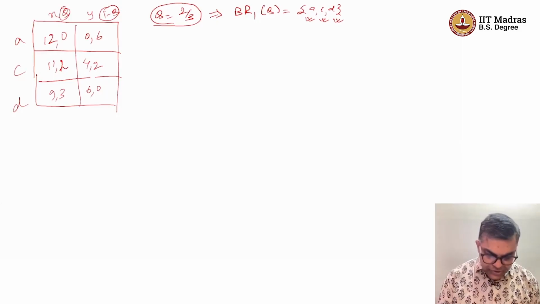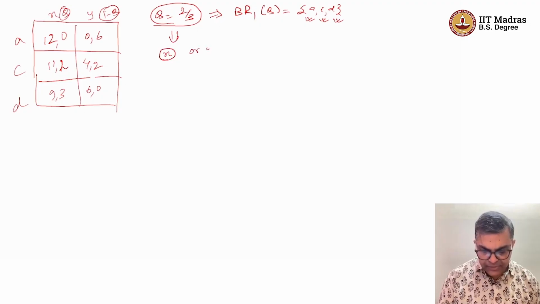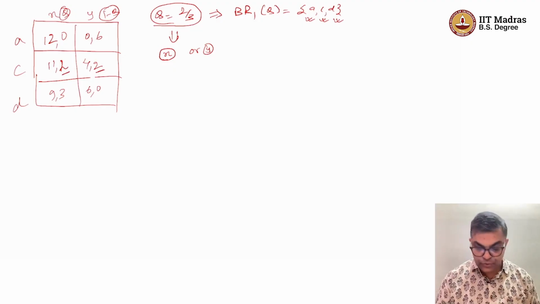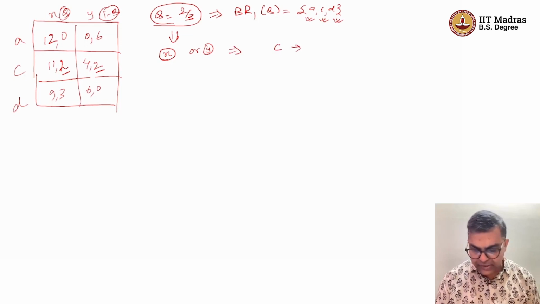So if player 2 is mixing here, of course what we need to make sure is that in this case player 2 should be getting the same payoff from playing X or playing Y. So of course here player 2 gets the same payoff because in both cases it's 2, and no matter how he mixes, if player 1 is playing C, then it will work well. Because if player 1 is playing C, what is the best response from player 2? Player 2's best response is both X and Y. Okay, these are the best responses from player 2. So player 2 can use any, let's say,